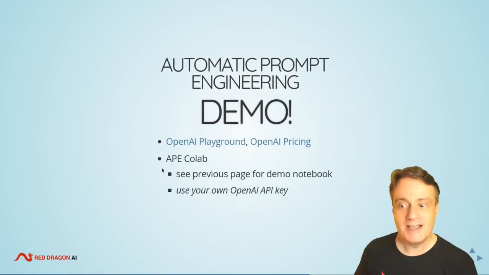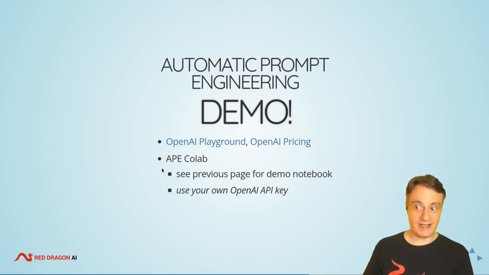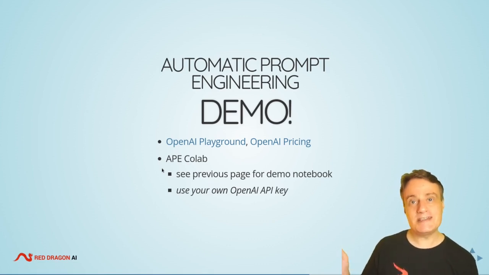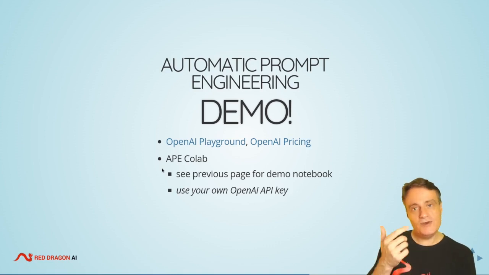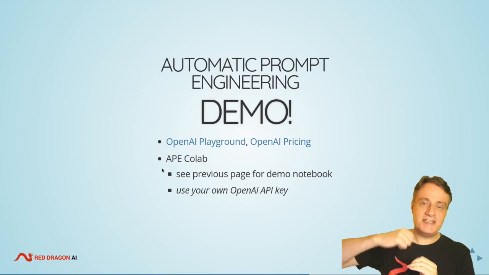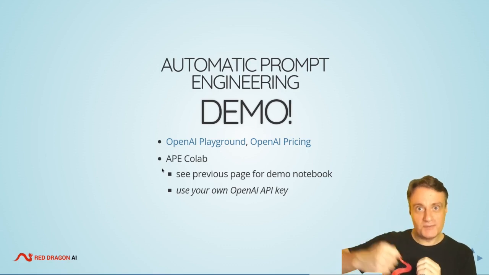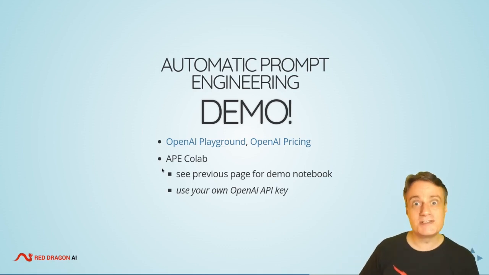The demos they have essentially interrogate the OpenAI GPT model, and you can do this demo yourself. They have in particular this playground and pricing you should have a look at before you start off with this. This is a way of essentially burning some of your $18 of free credit that OpenAI will give you. An experiment would typically cost like 60 cents, because even though individual quotes to the GPT-3 model are a couple of cents, fairly low priced, once you start to get the machine to prompt to generate a data set, the amount of calls goes up.